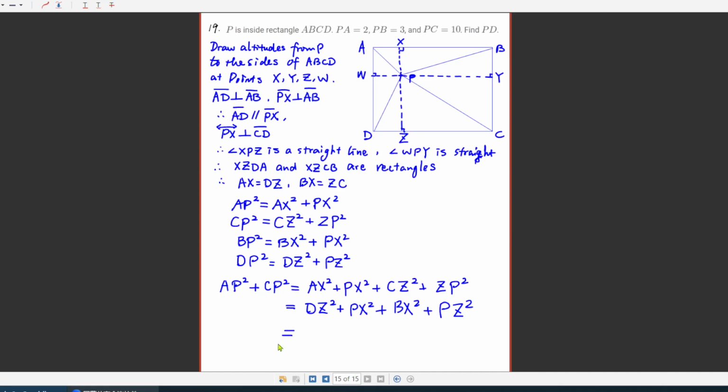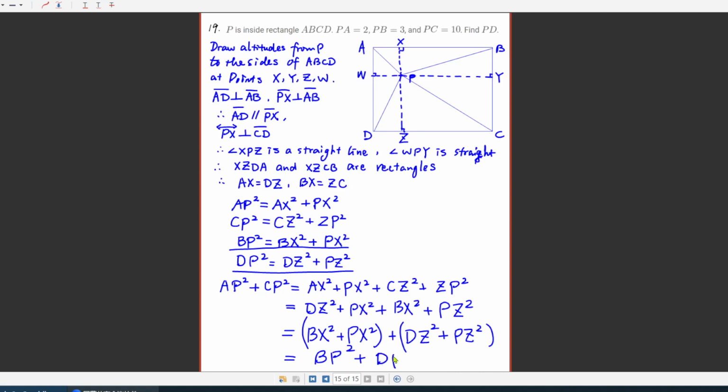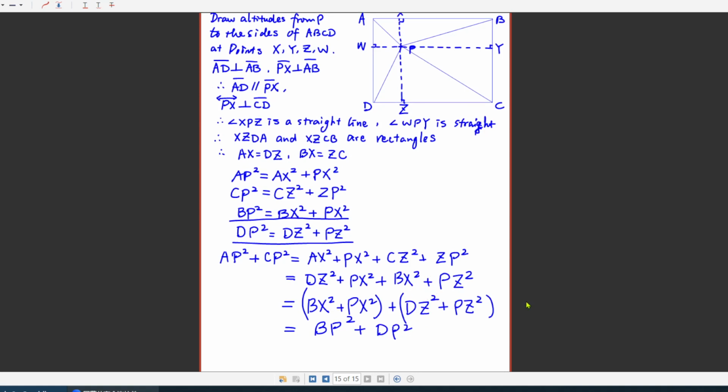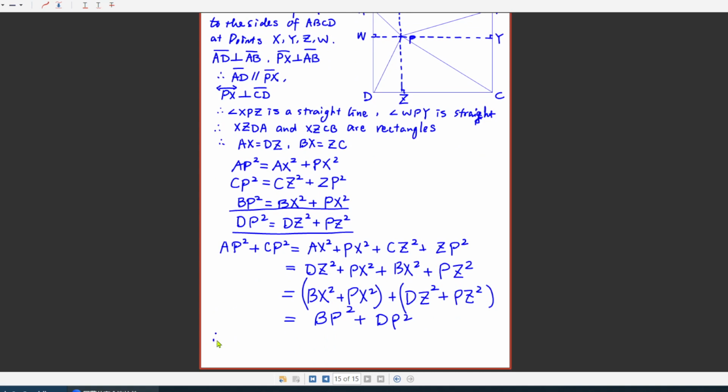And this gives us, we can rearrange the terms here, so we can combine BX squared plus PX squared because we have it here, right? And combine DZ squared plus PZ squared, right? Because we can find it from here. Therefore, the first sum gives us BP squared. The second sum gives us DP squared, right? And therefore, we have